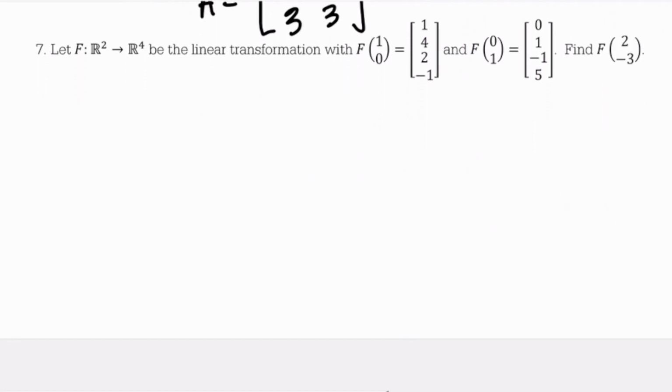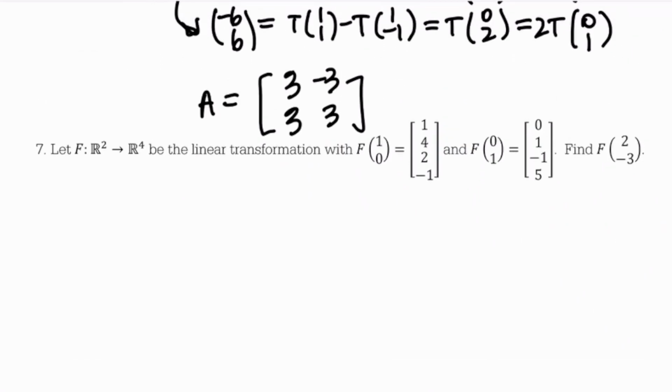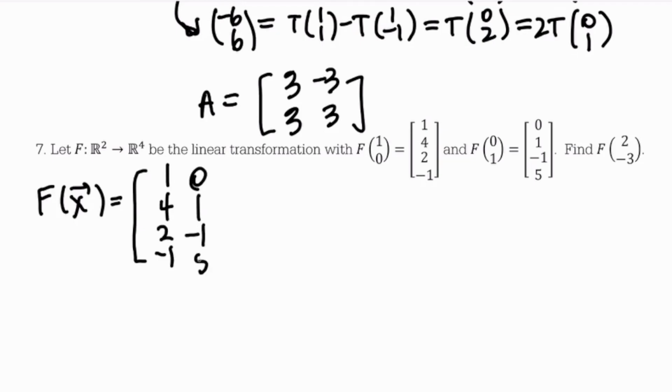This last one here, F is going to be the linear transformation with F of 1, 0 equals this, and F of 0, 1 equals that, F of 2, negative 3. Okay, I'm just going to point out that the matrix that represents the transform F is going to be 1, 4, 2, negative 1, and 0, 1, negative 1, 5, because 1, 0, and 0, 1, those are the standard basis vectors. It's going to be that multiplied by x, but that's, again, just like on the other form,